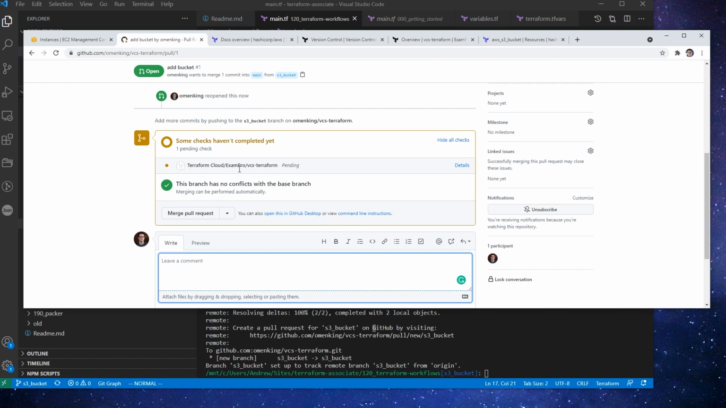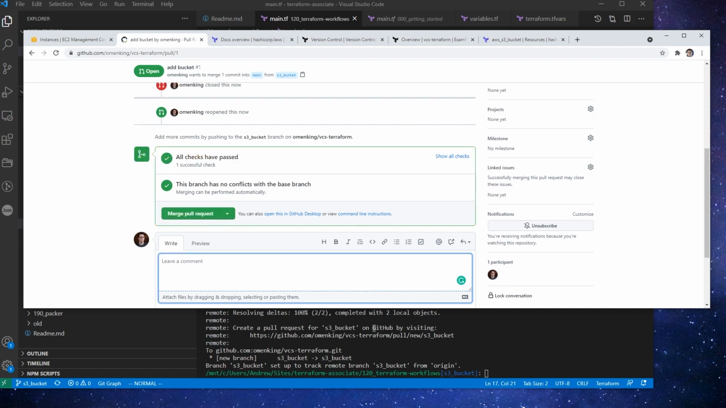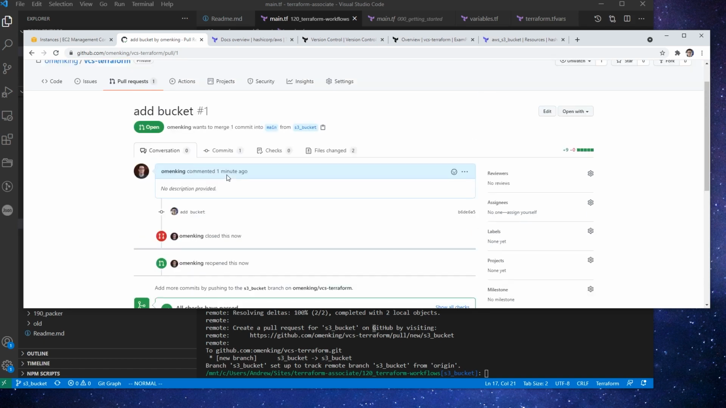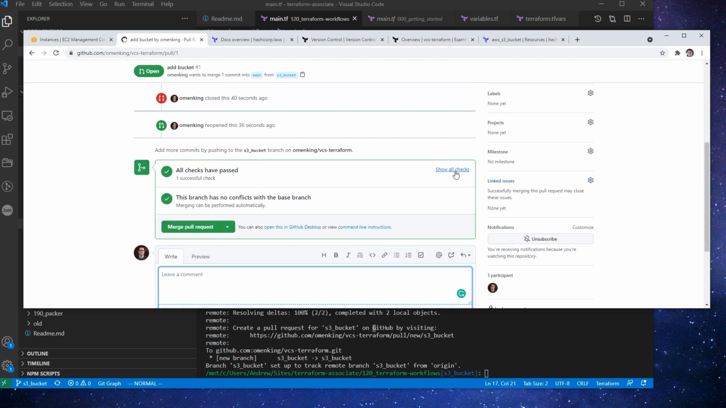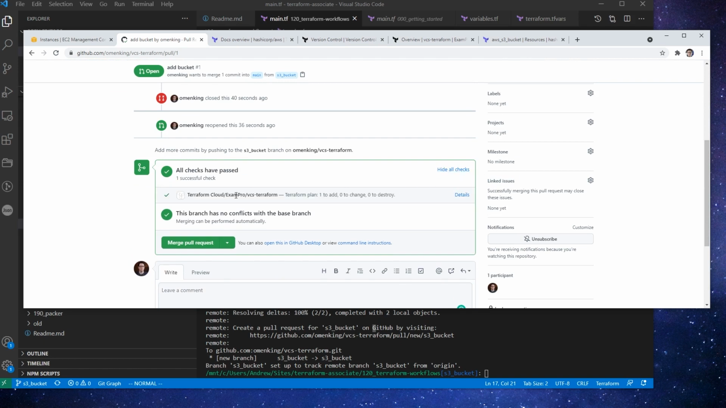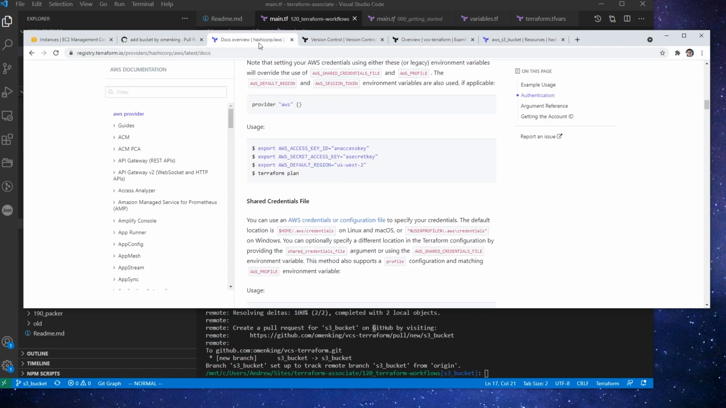See, here we go. So now I think it's going to create a speculative plan here first. So we're just waiting for that to finish. Great. And if we see that it generated a speculative plan, I thought it would output it in here. If we go to show all checks, it's not here, but it produced, I guess, a speculative plan